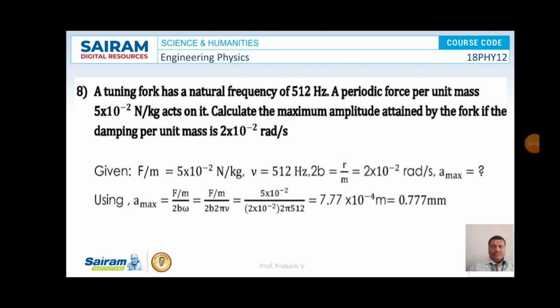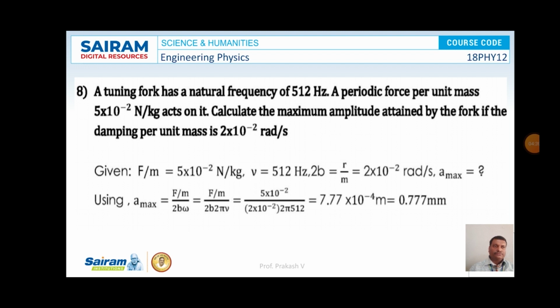So we know that A max is equal to F by M by 2B omega, or that is equal to F by M 2B into 2 pi mu. So substitute the value of F by M, that is 5 into 10 to the power minus 2 by 2 into 10 to the power minus 2 into 2 pi into 512. So on simplification, we will get A max is equal to 7.77 into 10 to the power minus 4 meter, or which is equal to